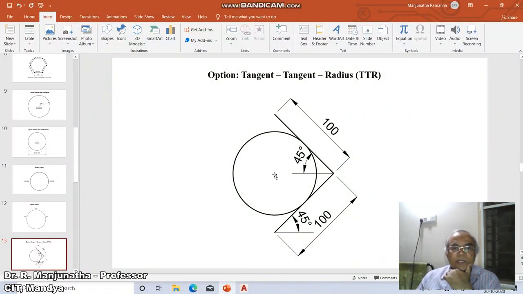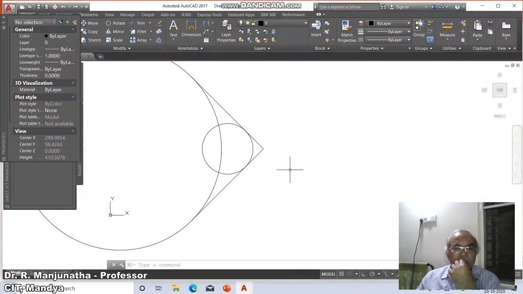Once you do that, you get the center point, and with this as center and the radius, you draw a circle. This is how we can do it manually, and the same thing is done by the computer. So this is the advantage of using the tangent radius.